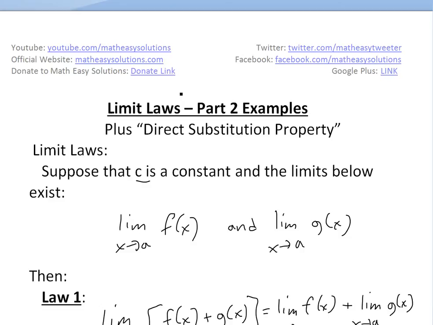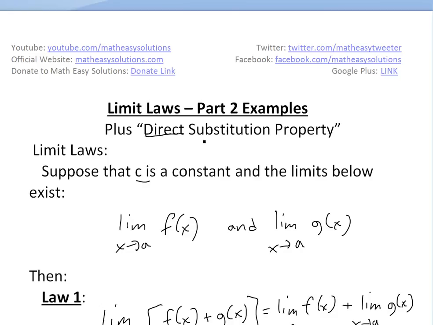Alright, it's time for another math easy solution. I'm going to discuss further into limit laws, part 2 of that limit laws series, and I'll do examples on part 2. Basically, I have the earlier video I did. You can see the video link below, and also go over what the direct substitution property is and do an